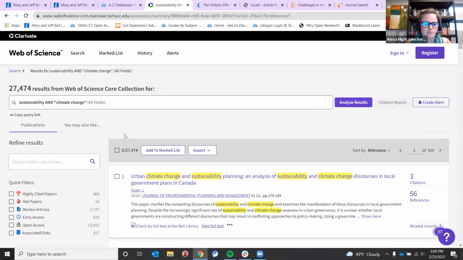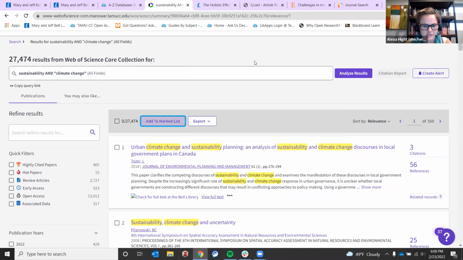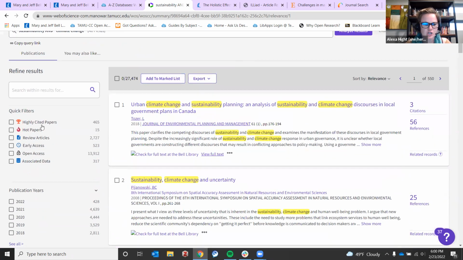Okay, so this is a database just like the library's quick search database. It has a lot of the same options. Because I don't know if all of y'all are related to science, I'm not going to go through it too much, but there are some fun quick filters in here, like highly cited papers. So what papers are really hot in the field, hot papers as well. Associated data, if you need articles with data to look at, that can be really helpful as well. And Web of Science isn't the only database that has this. But what I wanted to show you is, okay,